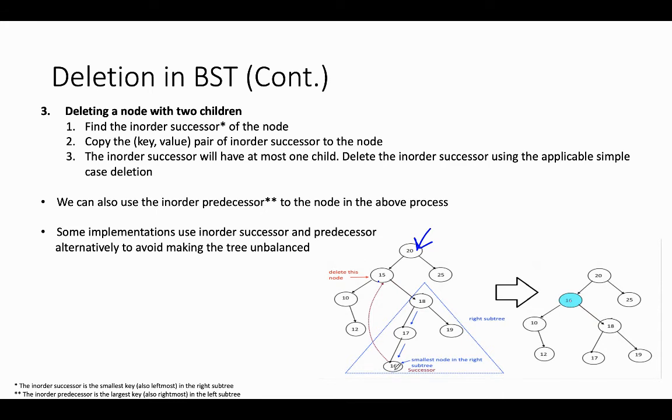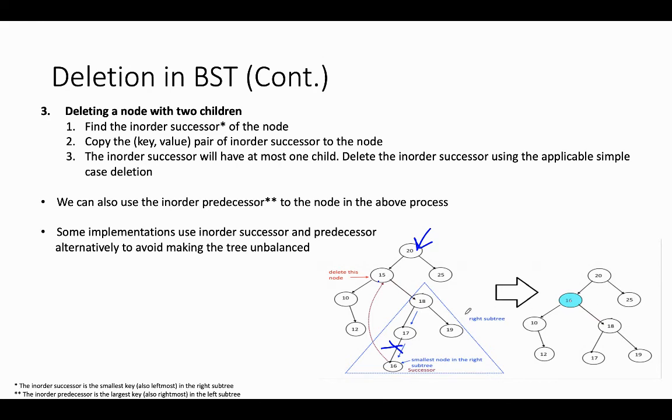So we'll first copy the key value from 16 to this node, and once we have done the copying, then we can basically just get rid of this node, and this is the resulting tree. So we can see that the node 15 which we wanted to delete is gone, and the resulting tree still follows the binary search tree property, like 20 is smaller than 25 and it is greater than all the nodes present in the left part of this tree. Same goes for 16, 18, and you can verify all of them.